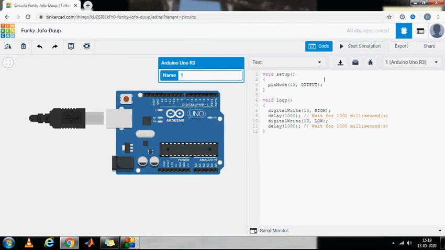Now in this program, if you make any errors and then use the start simulation, it will show you some coding errors. Here is the basic program. Once the coding part is completed, next go to the start simulation. Now here you can observe the onboard LED. Only observe the onboard LED.